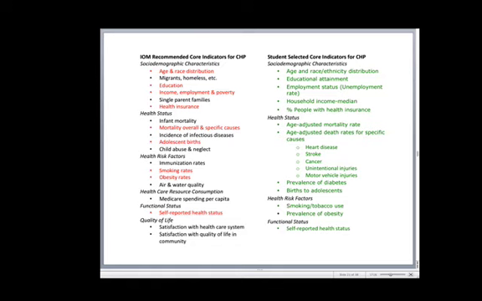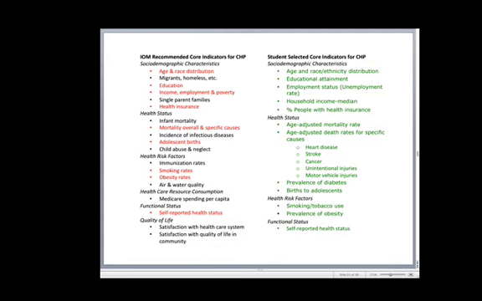Age and race ethnicity distribution is what they picked for the first one. They selected for education the educational attainment, and in particular they looked at completion of high school rates. For income, employment, and poverty, they selected the unemployment rate for a given community and the household median income. And for health insurance, they looked at the percent of people with health insurance.